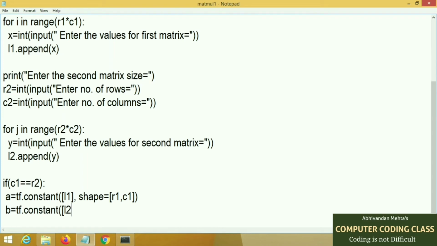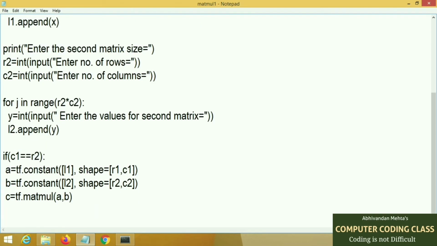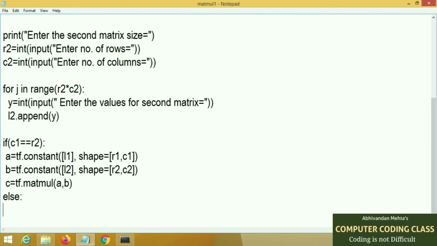This method is shorter and easier than the NumPy method. Now we will multiply both matrices. In the last we will print all three matrices.